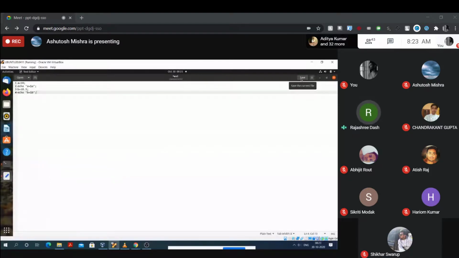Now in the next line you may write C equal to, within double quotes, hello. That is a string. Now display C as echo C equal to $C.